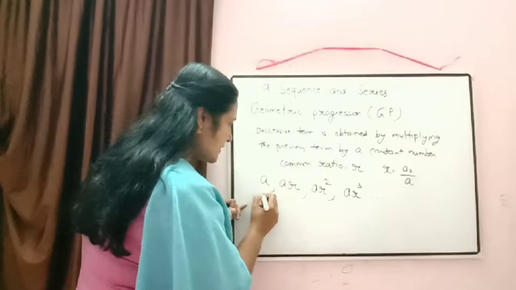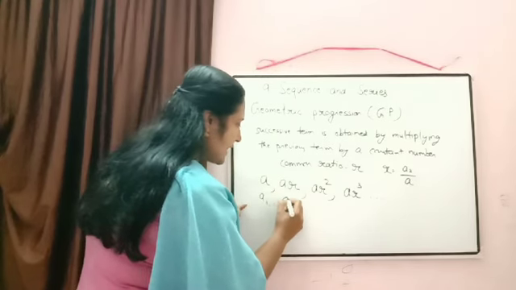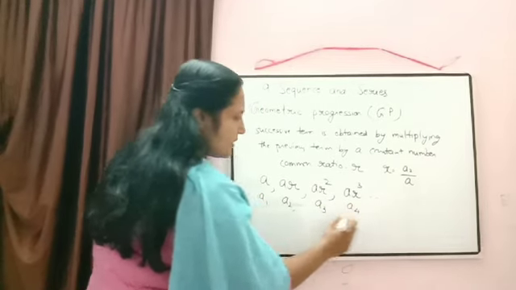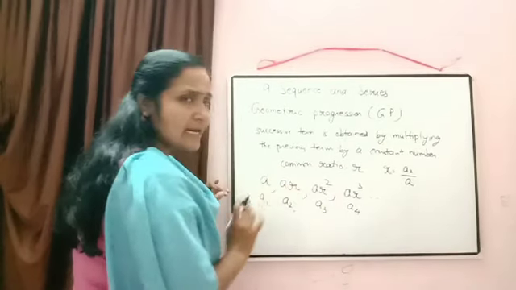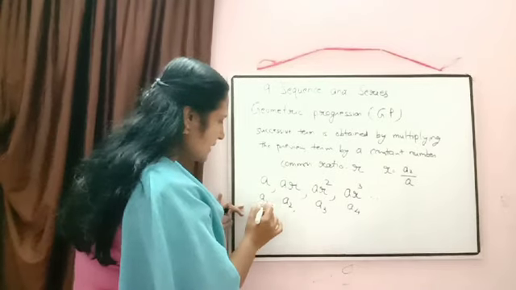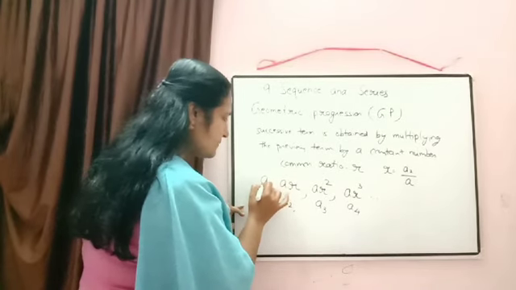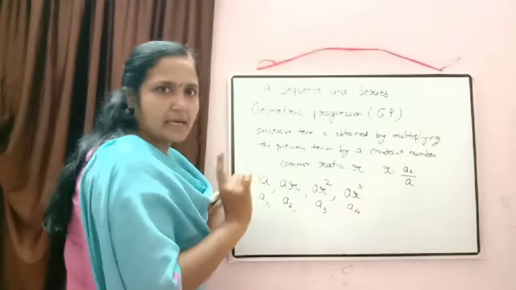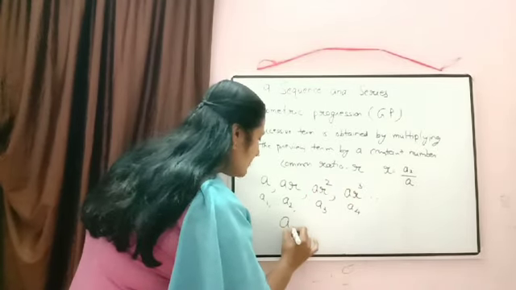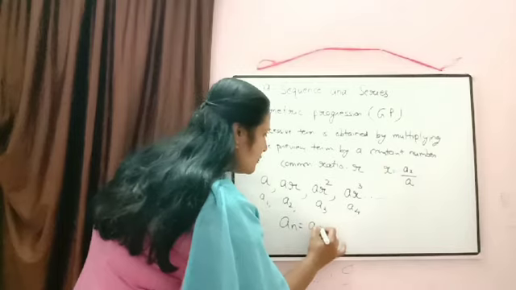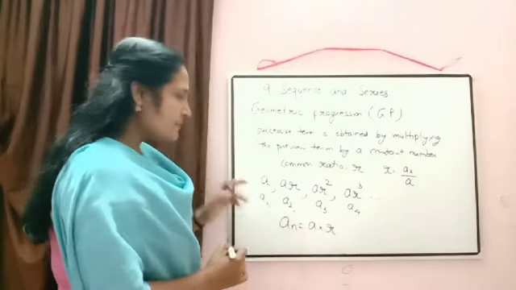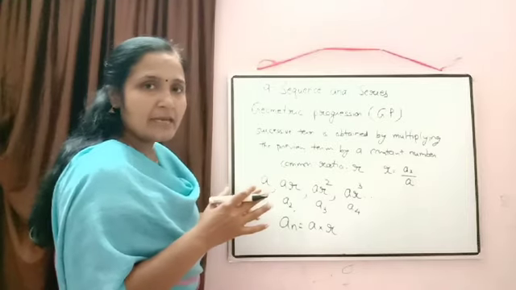This is the first term. This is the second term of the GP, third term, fourth term. Now we are going to find out the relation. In all the terms, whether it is the first term, second term, third term or fourth term, A is there. Correct? So in the nth term also A will be there too. Now we have to check what power of R will come. In the first term we don't have any R.